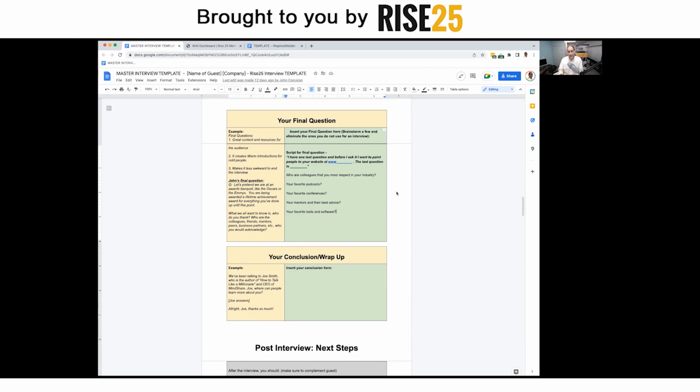Then another one is your favorite tools and software, right? What are your favorite tools or software? That also leads to industry related talk. So if someone uses, like in an e-commerce example, there's a lot of examples, but like, what are your favorite software you use in your company? Well, a lot of times it's going to be possible collaboration partners or referral partners or people who have introductions as well. So there's some examples of final questions, and make sure with the final question is to make a